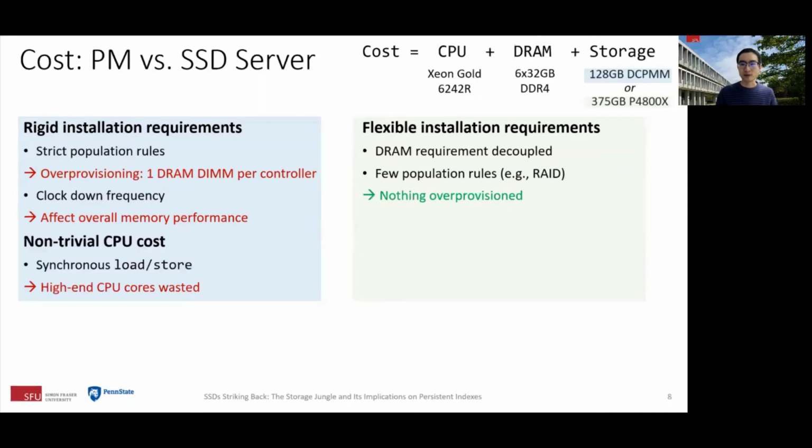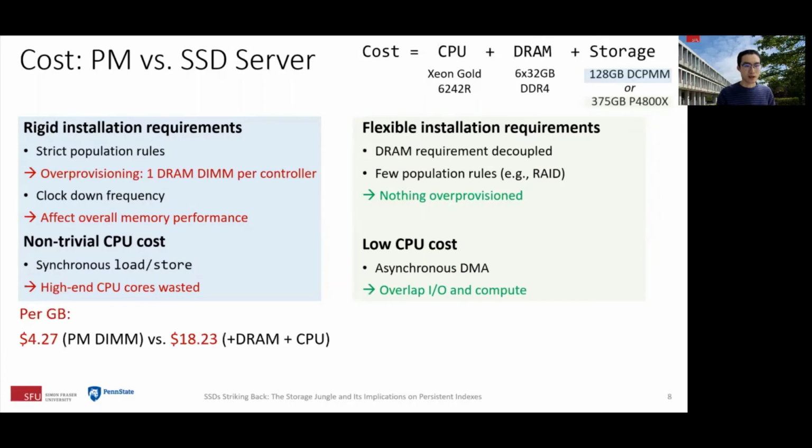Now, coming back to PM, it also has a very non-trivial CPU cost because to access data, we're actually using synchronous load and store instructions. And notice that the CPU here has to be certain models, and they tend to be very high-end to support persistent memory. So we might be actually wasting high-end CPU cores on just moving data instead of running application logic. But again, SSD devices don't really have this problem because we can overlap I/O and compute using asynchronous DMA programming